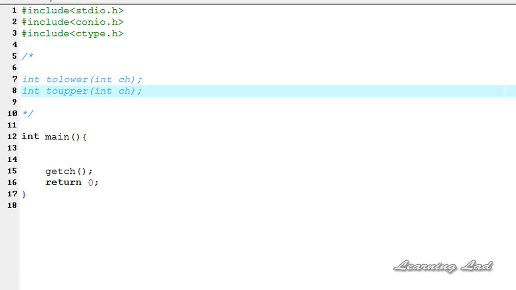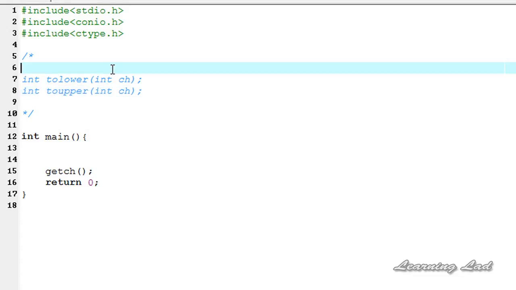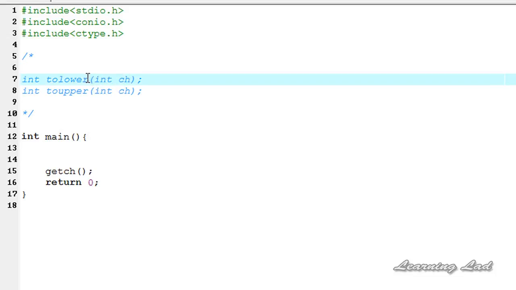So in this tutorial, we're gonna see two more character related functions available in C called toLower and toUpper. These two functions are used to convert a character to its lowercase and to its uppercase. We're gonna see the syntax of these two functions, and then we're gonna see how we can use them in our program. This toLower function is gonna return the lowercase equivalent of the character, which is passed here